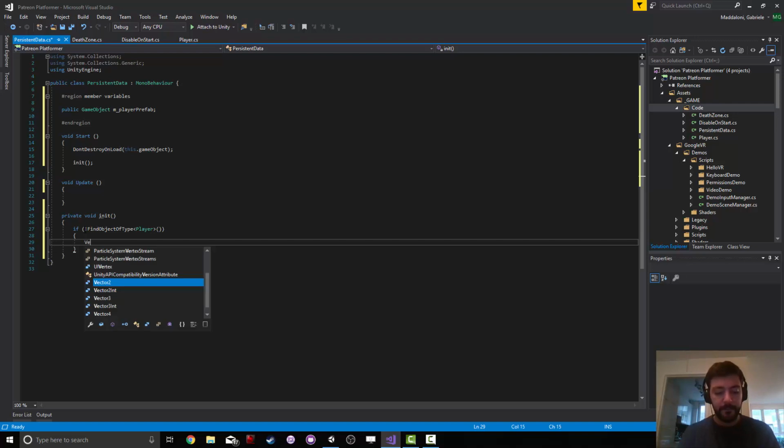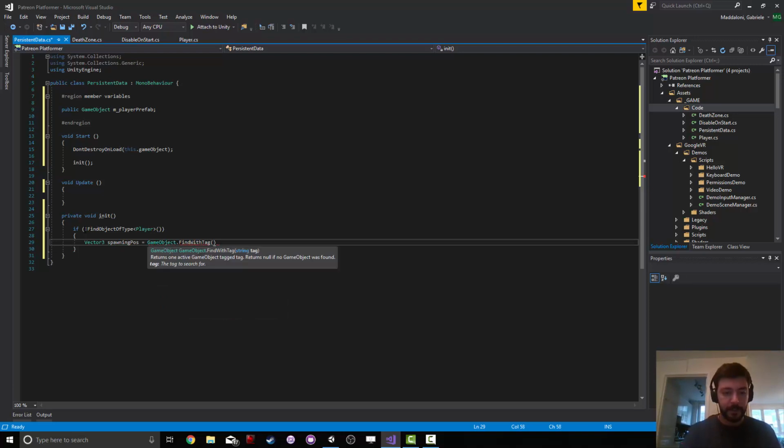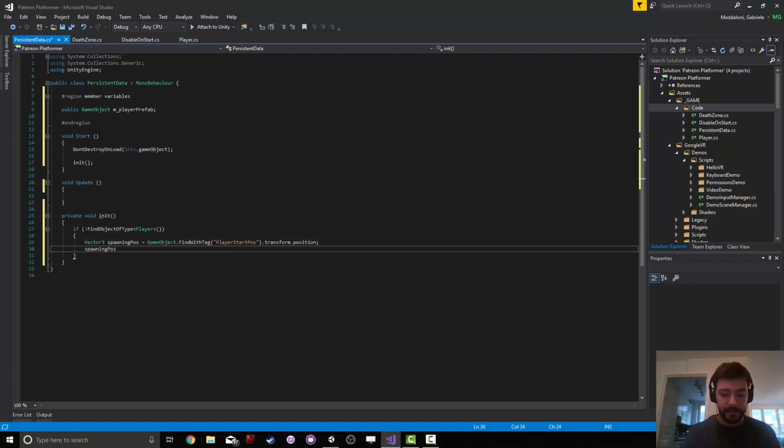So Vector3 spawningPos is gonna be equal to GameObject.FindWithTag, and the tag of course is gonna be our player start pos, I think, .transform.position,